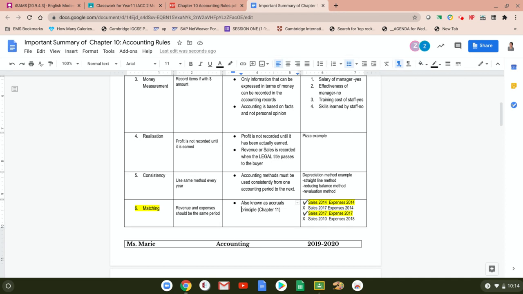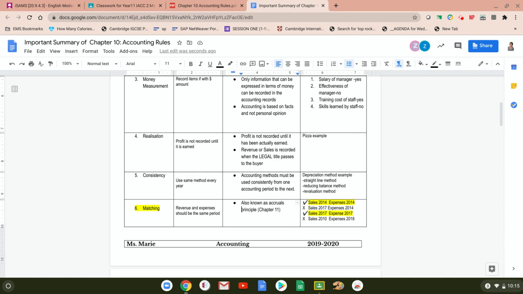Remember, we always go back to the main purpose of accounting. We say accounting is the language of business. So, therefore, we make sure that all our records are accurate so we can easily tell if the business is doing well or not. So in here, if you are already in 2017, then you should not record previous expenses